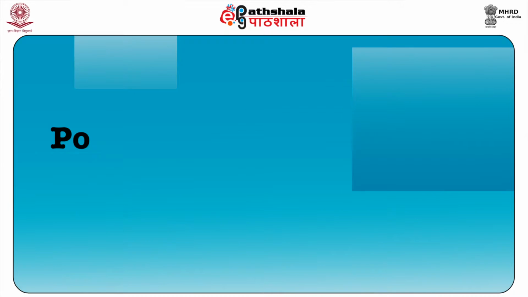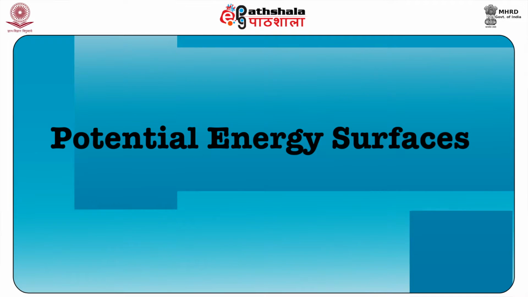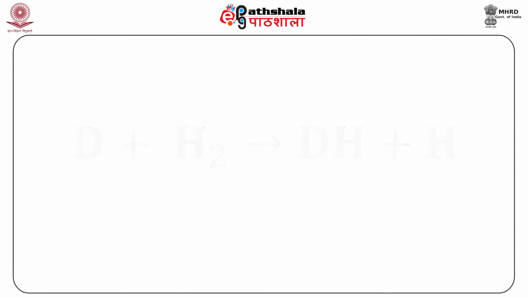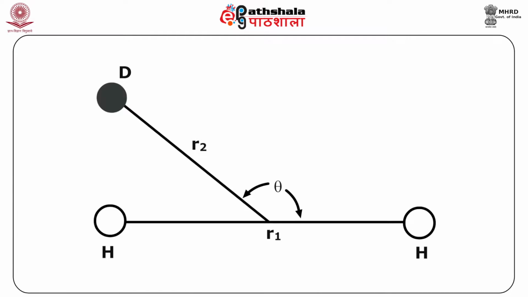Consequently, the distribution of speeds in the scattered beam can be found out. Potential energy surfaces. Suppose one of the simplest reactions, that is D plus H2 giving DH plus H. We would require three spatial coordinates to elaborate the configuration of this reacting system at any point along the reaction